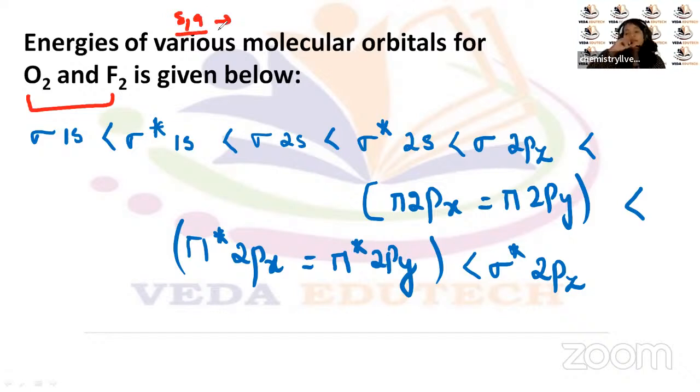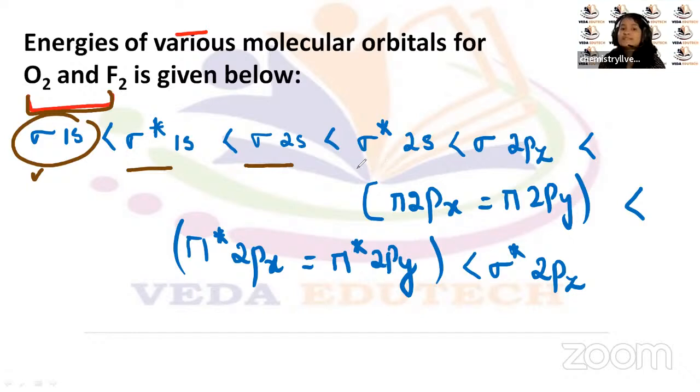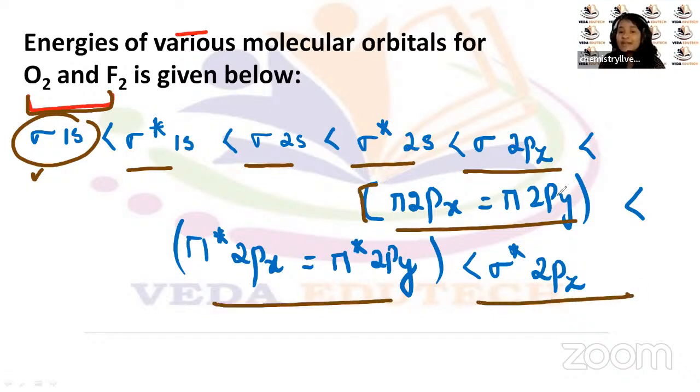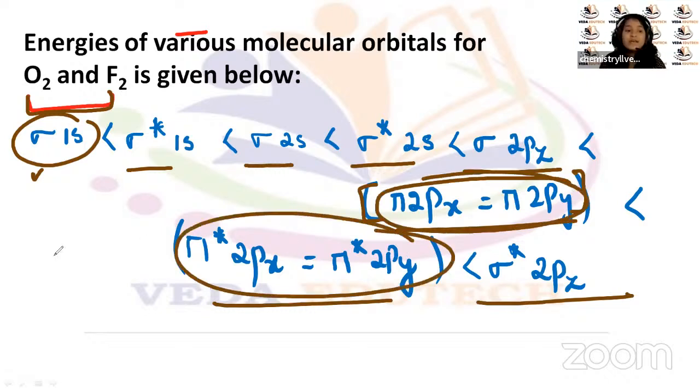जब ऐसे आ रहा है, तो यहाँ पे उनका एनर्जी लेवल अलग होता है, और जब हम लोग हाइड्रोजन, हीलियम, लिथियम, बेरिलियम, इन सब का बात करते हैं, तो उनका थोड़ा अलग होता है। तो 8 9 वाले एटॉमिक नंबर्स का क्या होता है, ये तुमको याद रखना है। पहले क्या आएगा, सिग्मा 1s बॉन्डिंग, देन सिग्मा स्टार 1s, सिग्मा 2s, सिग्मा स्टार 2s, सिग्मा 2p, पाई 2px, पाई 2py, पाई स्टार, सिग्मा। यहाँ पे ये जो ब्रैकेट में दिया गया है बच्चे लोग, इसका ये मतलब है कि इन दोनों का एनर्जी बराबर है।